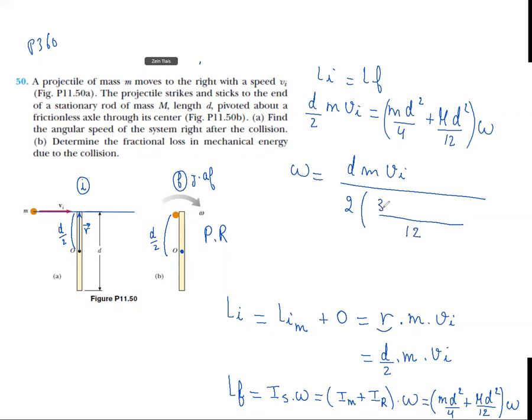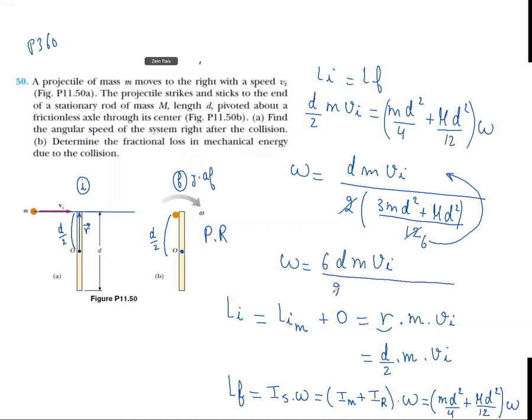Here we get 3 M D square plus M D square. 2 and 12, here we get 6. We put it up. So we get finally omega equals 6 D M V initial